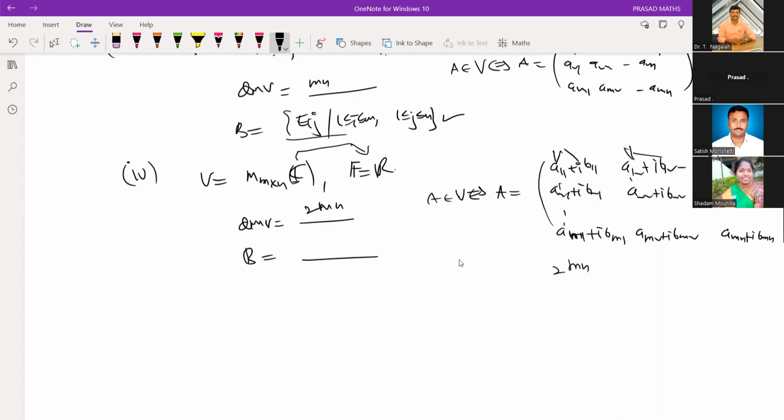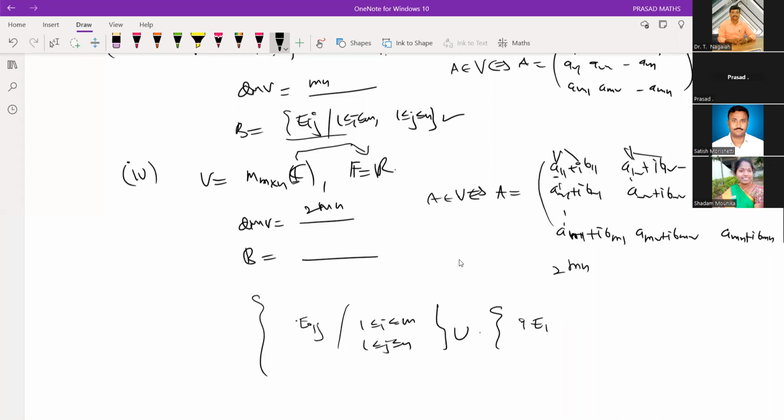How many imaginary parts? mn. mn plus mn is 2mn. So what is my basis? Anybody? My basis is, suppose you put a11 as 1 and remaining entries 0. So what is the basis? My basis is Eij such that i runs from 1 to m, j runs from 1 to n, union